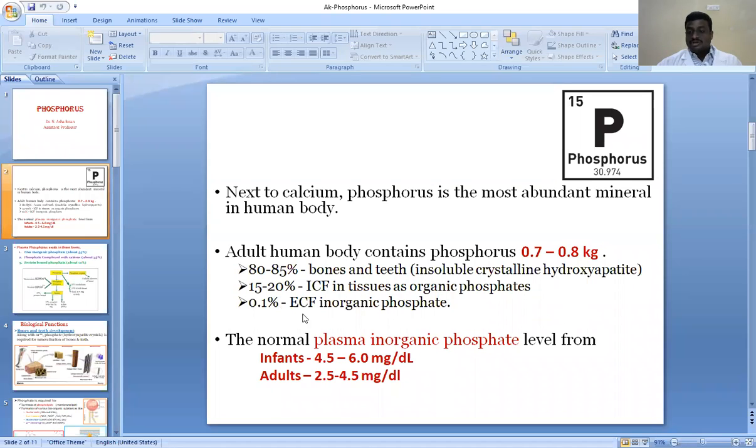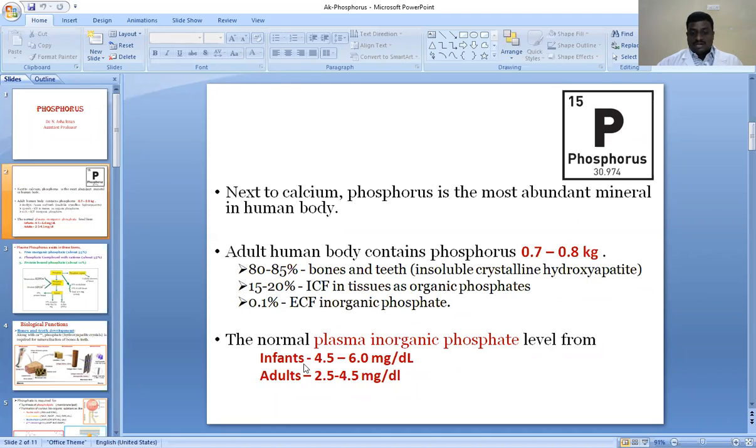In the extracellular fluid, phosphate is present as inorganic phosphate. So organic phosphate is present in the intracellular fluid, and the extracellular fluid contains inorganic phosphate. So this is the total amount. But in the blood, how much inorganic phosphate is present? The blood means extracellular fluid, plasma. Okay, plasma inorganic phosphate level is